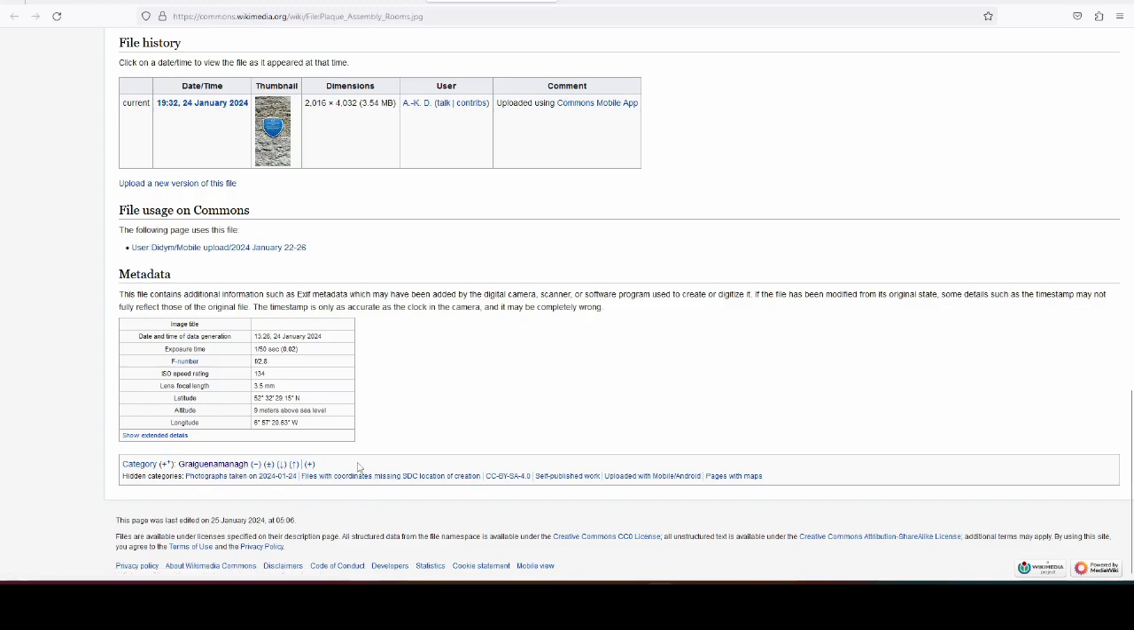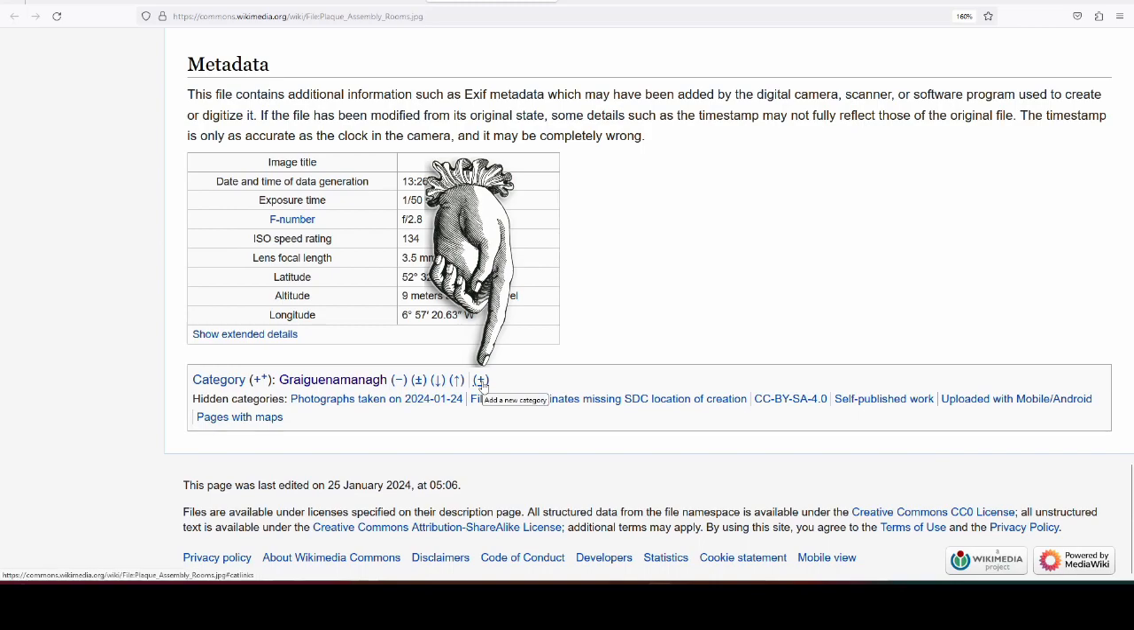And I want to add it to a new category called Graiguenamanagh Heritage Trail. And you can just add a new category by clicking on the plus here. Let me make that bigger. On the plus here. But I often just modify the category that is already there. It depends a bit on what's there. But I'll just copy this here,